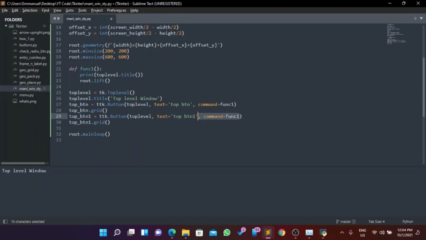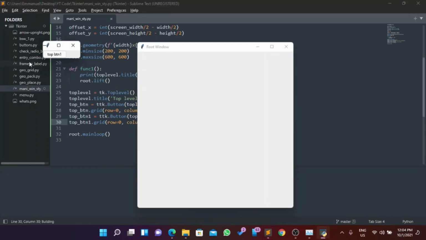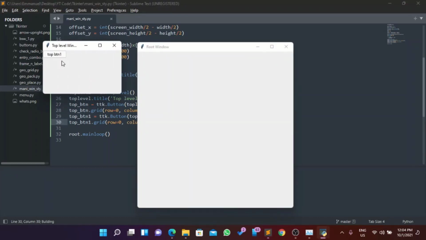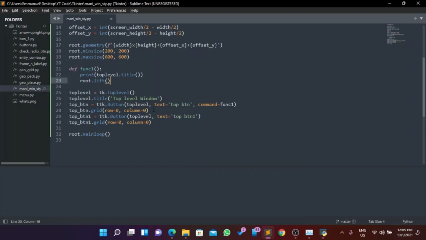I want to show you something real quick. I'm gonna put this row equals to 0 and column equals to 0, and then row equals to 0 column equals to 0, which means if I do Ctrl B now, the two buttons are here, but top BT1 is on top of top BTN. So that's one thing in my experience while using grid, you put them on the same location, row and column. Now how do you make sure your top BTN comes up after a while? So you can choose to bring it up when you click by putting a function in this, and whenever I click on it, you raise it up beneath this. But one other thing you can do is,